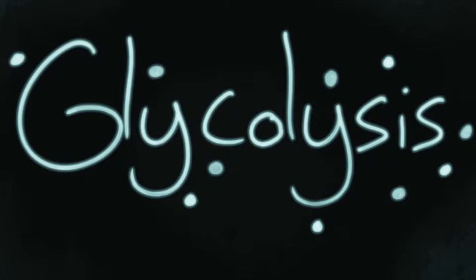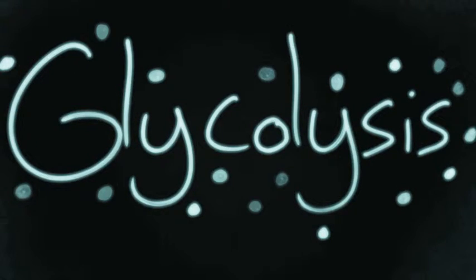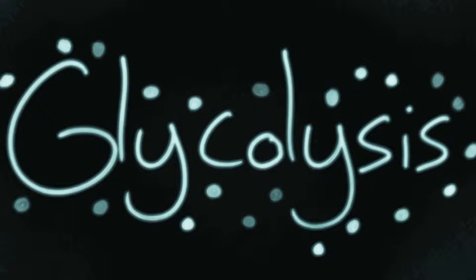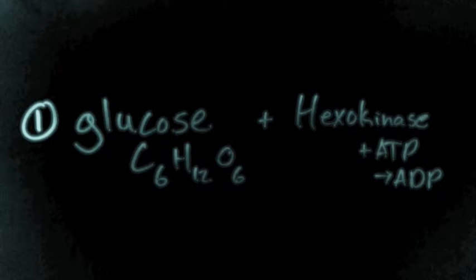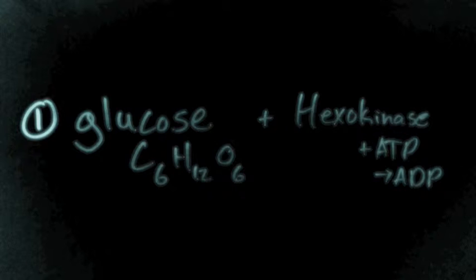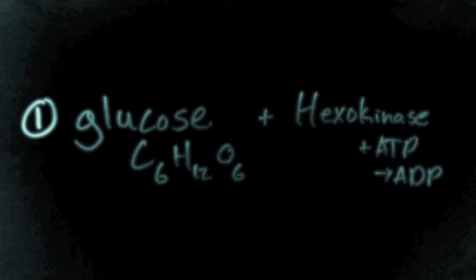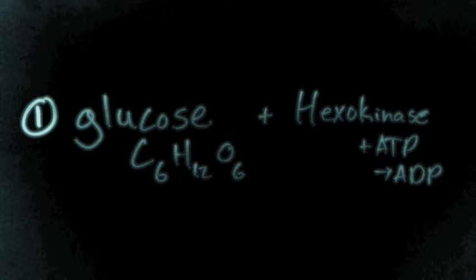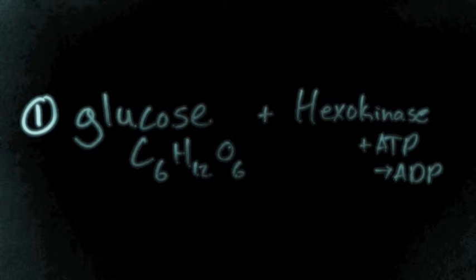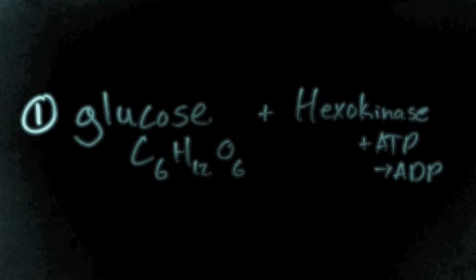Glycolysis is the process of breaking down glucose into pyruvic acid. It is the first stage in cellular respiration. Glycolysis occurs within the cytoplasm of the cell. It begins with the first step when hexokinase transfers a phosphate group from ATP to glucose, producing ADP and glucose